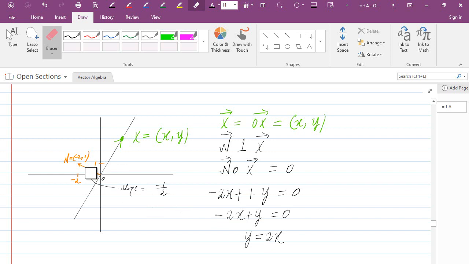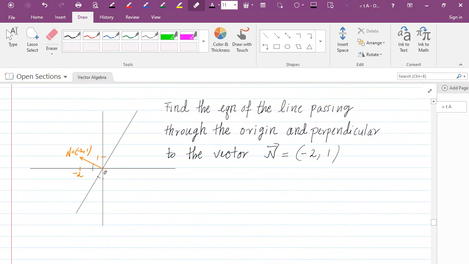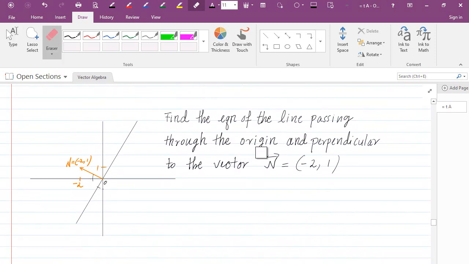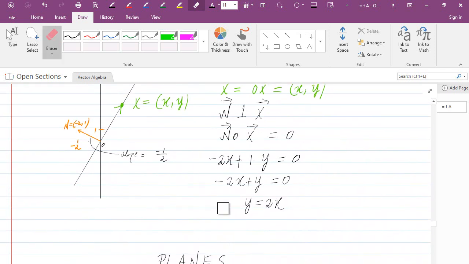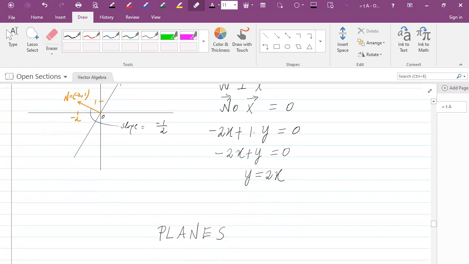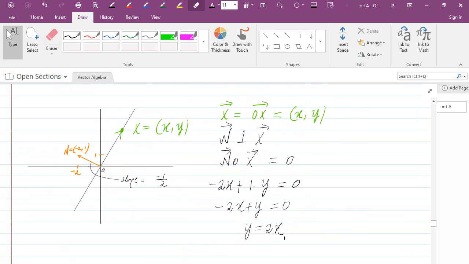So you can see that given a point, which was the origin in this case, and given a perpendicular vector to the line, we can write down the equation of the line pretty easily. It turns out that's the general way of going about finding equations of